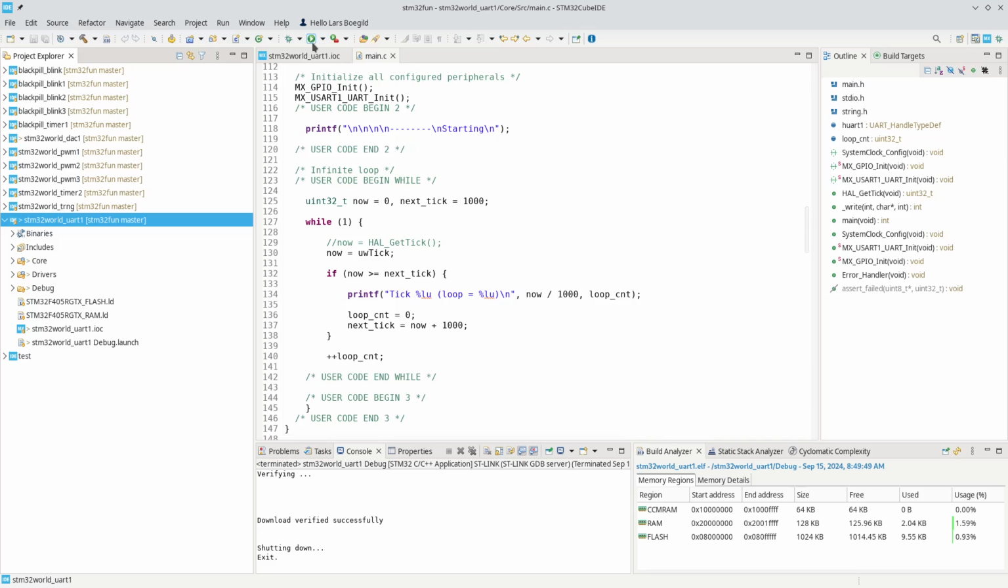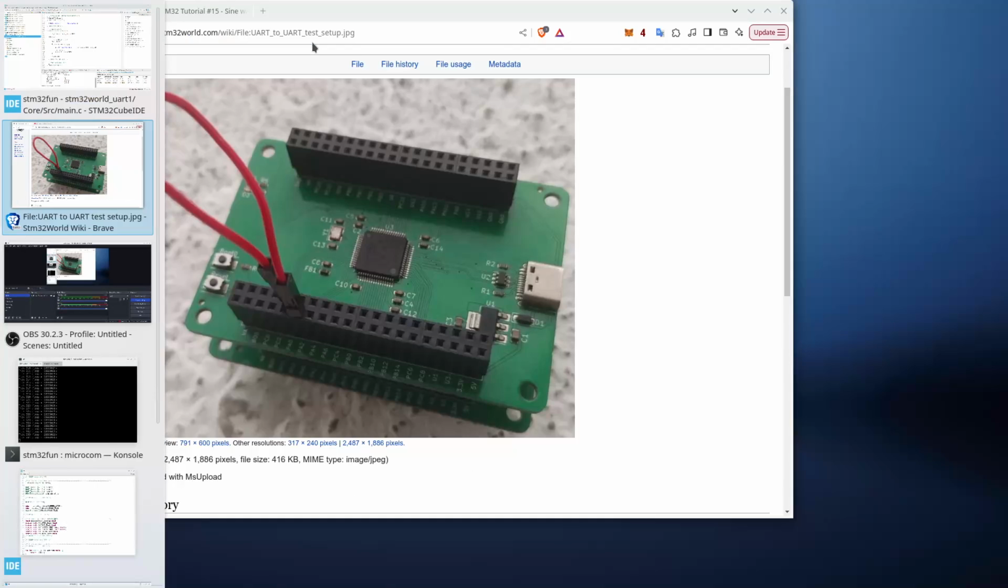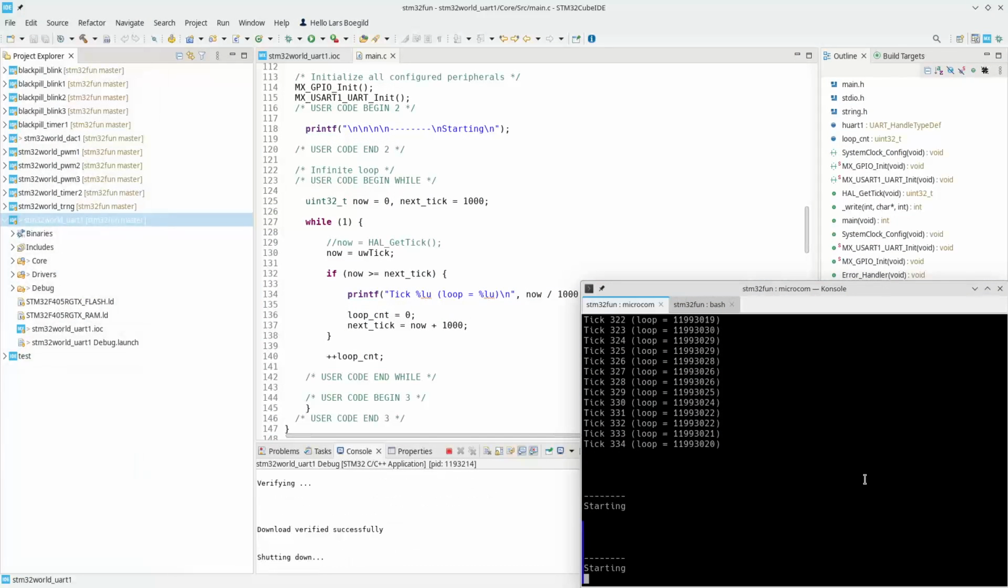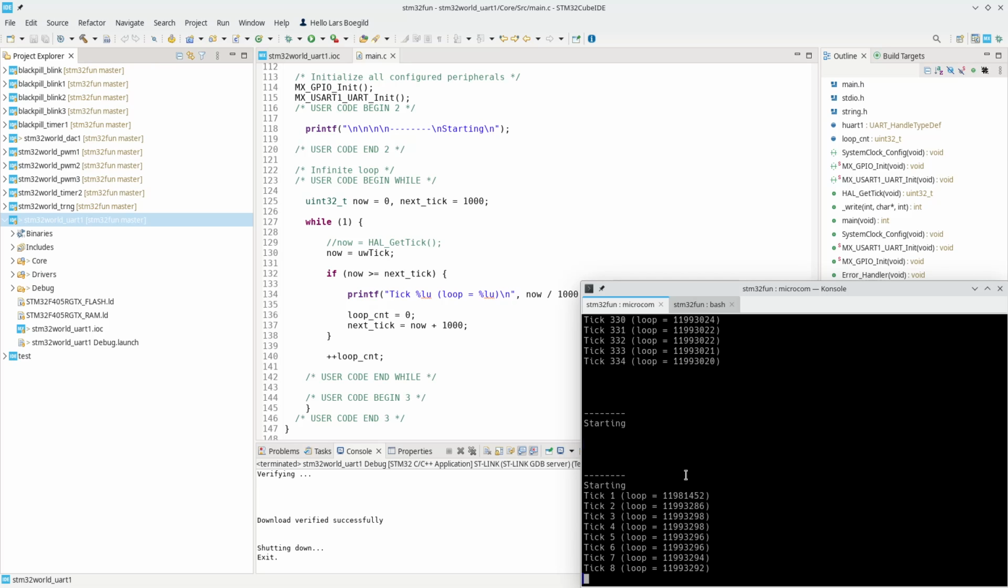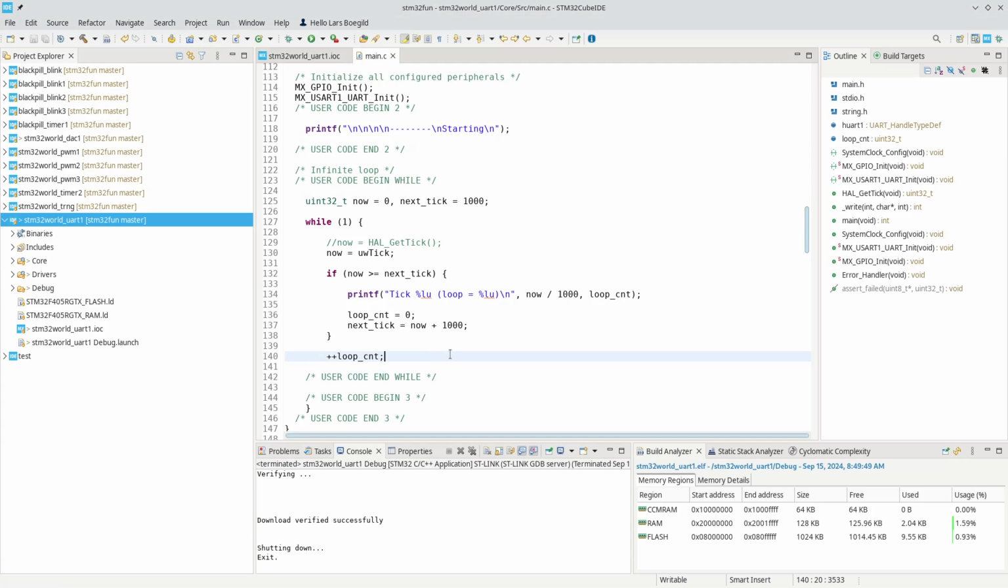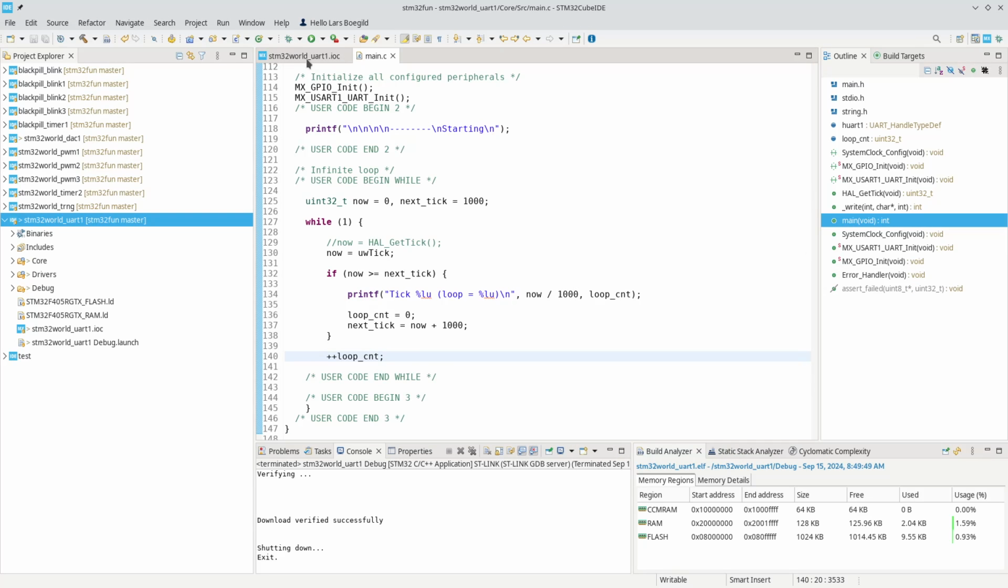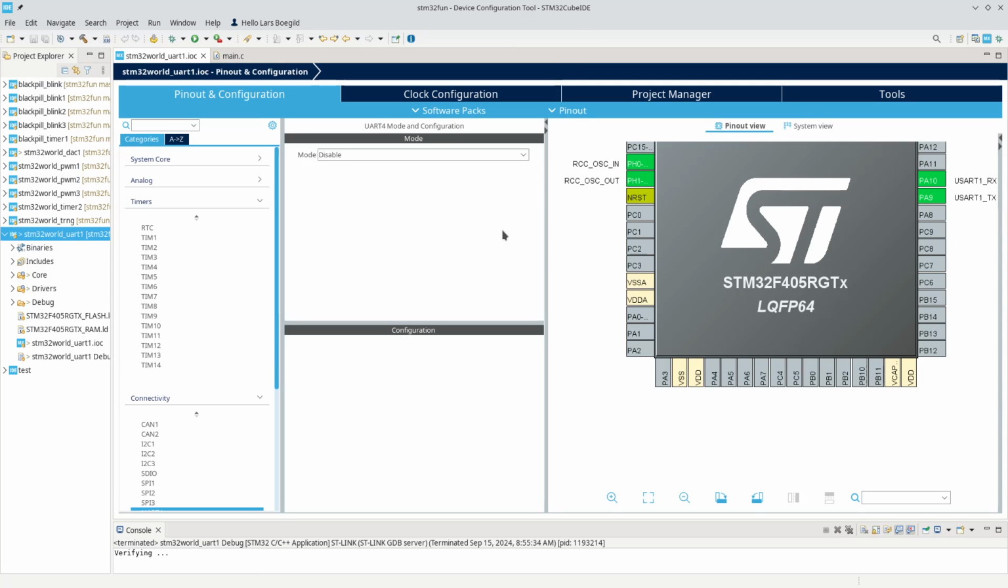So when running this code, at the moment, the output will look like this. It will simply call out a tick every second, and it will show how much time it had left in that main loop, which you can see over here. So that's about it. Now let's look at the configuration of the STM32 processor in